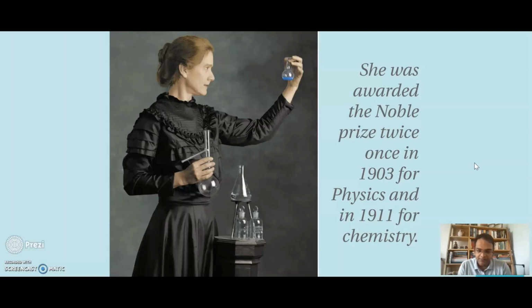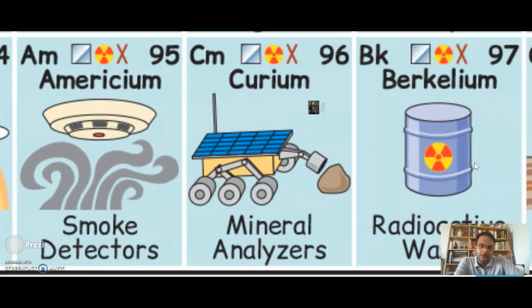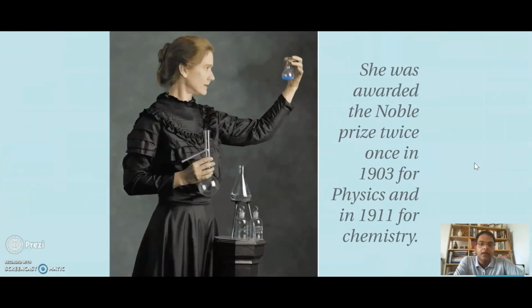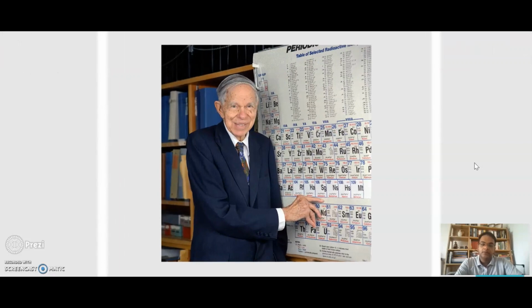And if you see, for physics it was 1903, for chemistry it is 1911. So in less than 10 years, she was awarded the Nobel Prize twice, which is an amazing achievement. An interesting thing about curium, the element, is that it was not discovered by Madam Curie. Curium was actually discovered by another scientist, and his name was Professor Seaborg. Professor Seaborg has an element named after himself as well, and it's called Seaborgium. Now, the story which I'm going to talk about today is about Professor Seaborg.